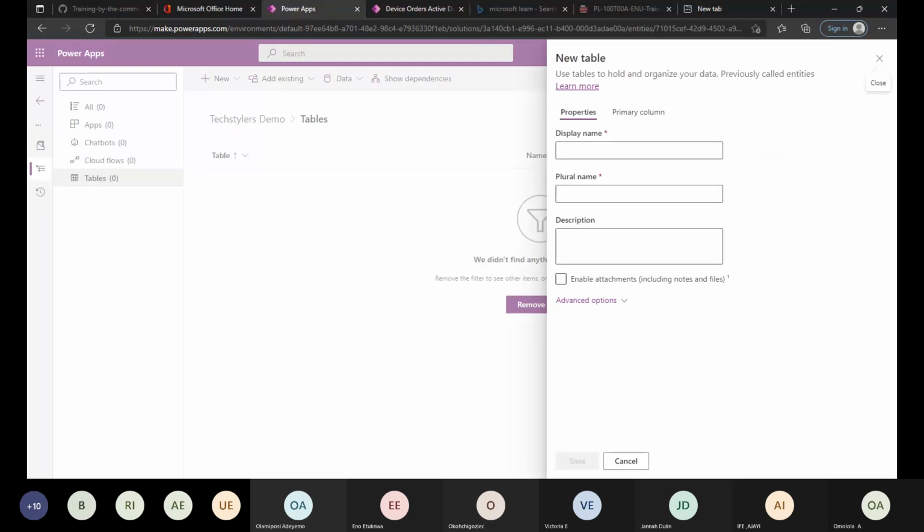And you see new table, use table to hold and organize your data, previously called entity. So when you are reading some materials, you will see that they call them entity. Please don't be